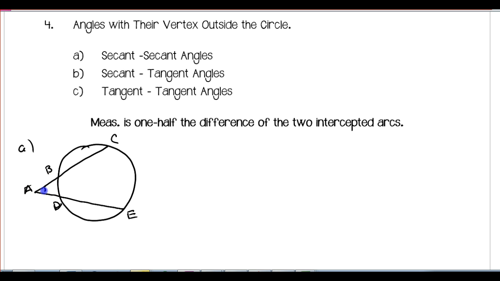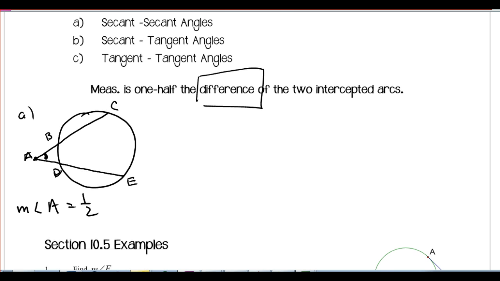And we're looking at the measure of angle A over here. That's the angle with its vertex outside the circle. So the measure of angle A is going to be half the difference of the 2 intercepted arcs, and make sure you put the larger one first. So it's going to be